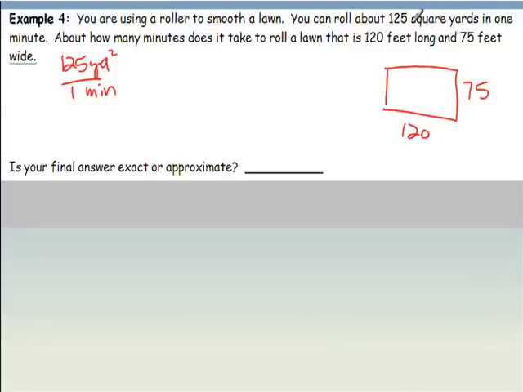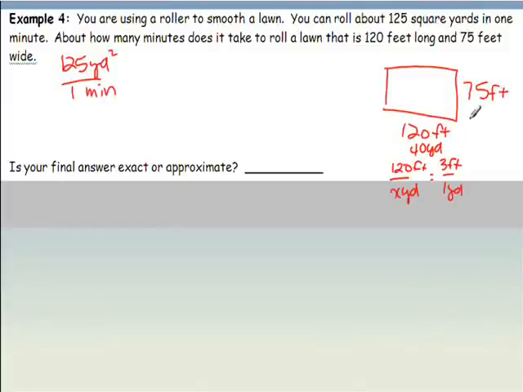So I should probably either multiply and then convert, but then that has to take scale factor into account. So perhaps, in order to make sure that I'm absolutely right, I should convert this into yards first and then do the multiplication. So these guys are in feet. There are 3 feet in 1 yard, so you can, if you really need to, do a proportion. 120 feet is how many yards? If 3 feet is 1 yard, so basically we're just dividing 120 by 3 and we get 40 yards, all